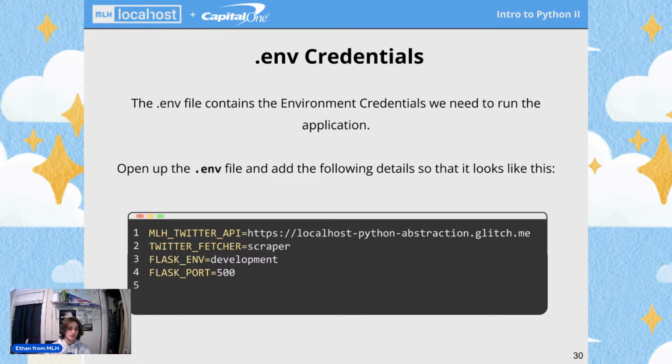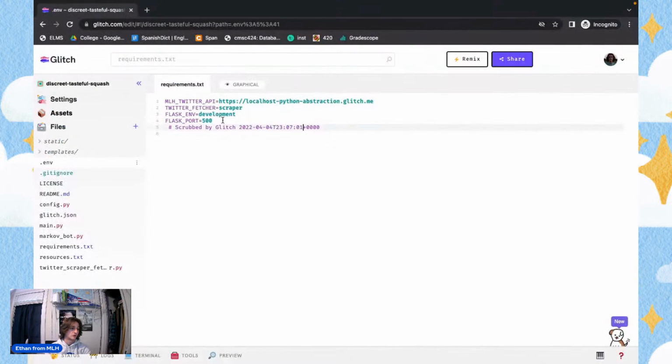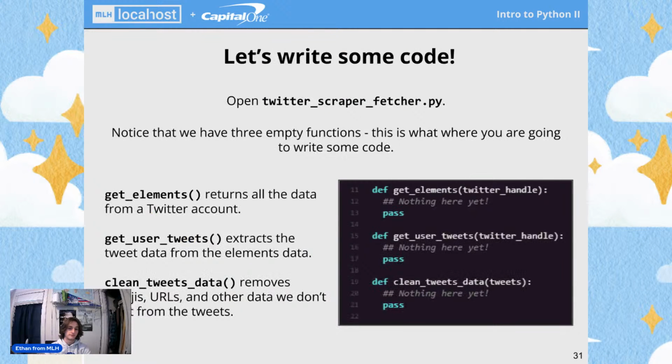And as you can see, if I add my screen back, I've added those corresponding values here. So the next thing we're going to do is write some code. We can head over to open scraperfetcher.py, which is in Twitter scraper. There we go. Twitter scraper fetcher.py. And we're going to implement the get elements method, which is going to return all the data